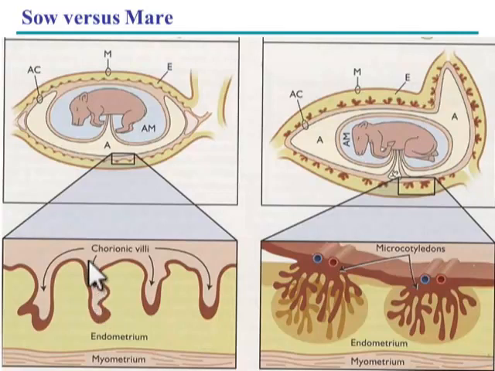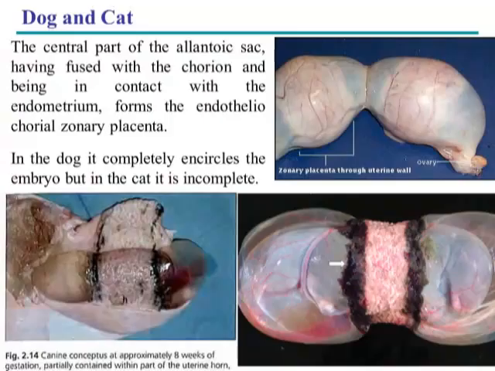So here you can see the chorionic villi are not branched and they are straight single ones, but in case of mare, the chorionic villi are multi-branched and hence they give the appearance of microcotyledons, and hence this placenta is called as microcotyledon. Now the next species is dogs and cats, and if you remember the classification of placenta in